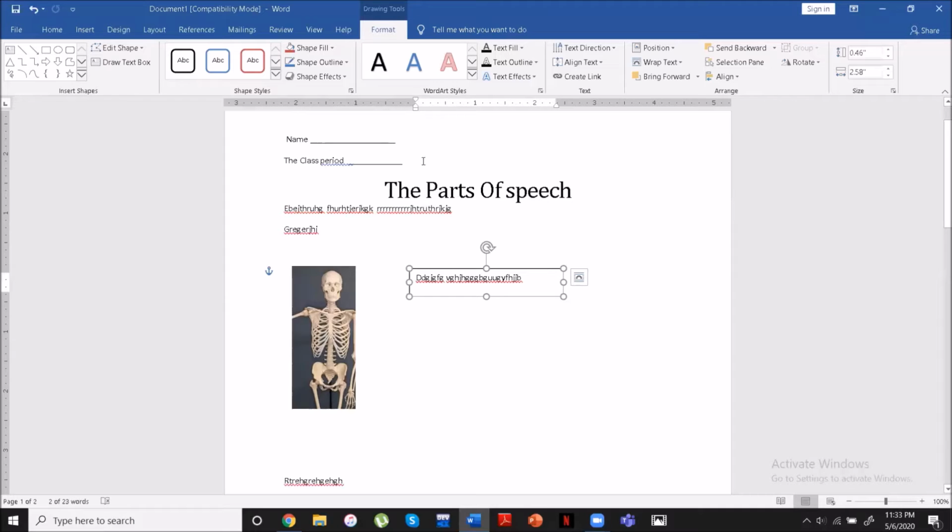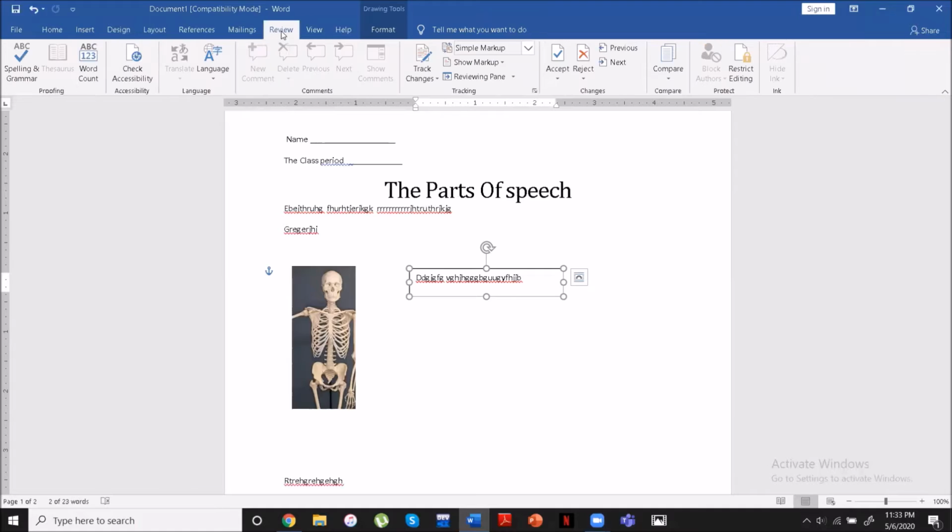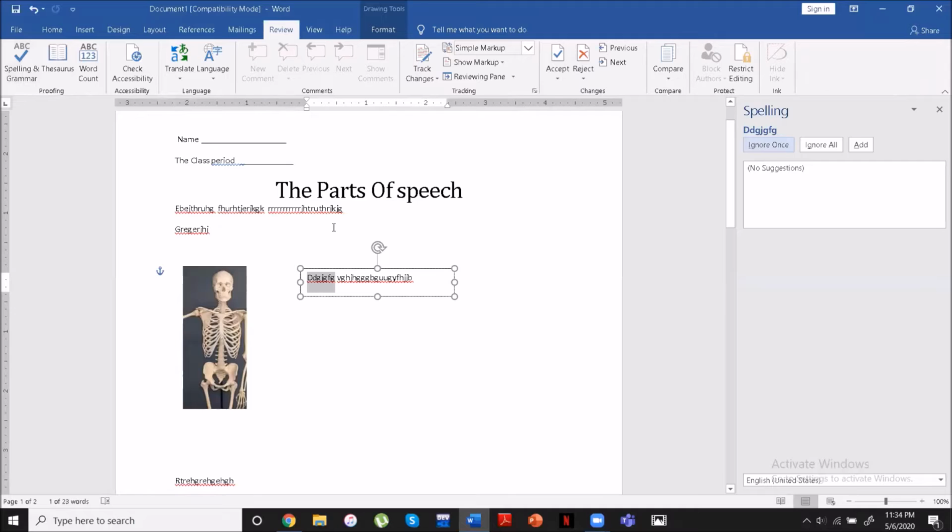Okay, now after that, here is a review tab. A few other basics that you need to know about whenever you're writing a paper or a report or even a worksheet like this. It's important to get the spelling right. And you can see here on the review tab that you can click the spelling and grammar and it will check for spelling mistakes. Looks like it found one.